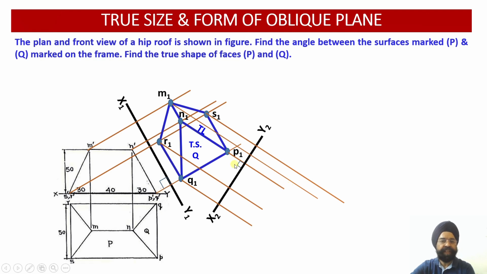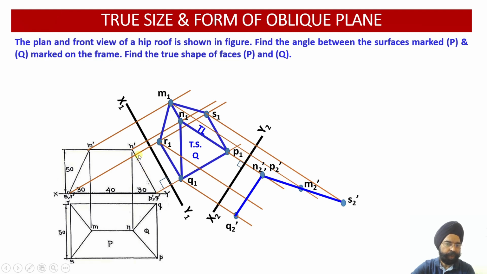So let us see. One by one we are going to pick up the distances. So please check. I will just refer to these ones. Q2 dash. I have drawn this distance. Why have I drawn this distance Q2 dash? Because this is the distance of Q. So I'll measure this distance of Q. On the Q locus line, I'll mark this distance. Similarly, I'll measure the distance of N. I will measure the distance of P.